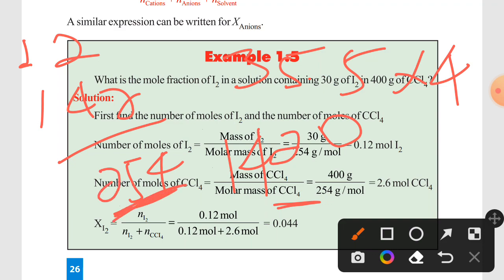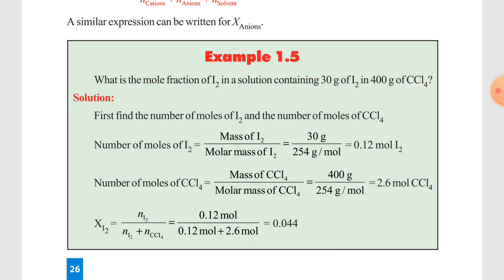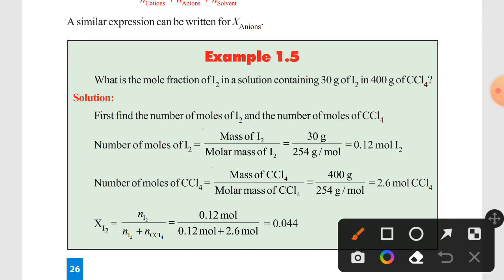So this 400 gives us 2.6 moles of CCl4. So x of iodine: when we look for x of iodine, it is equal to the number of moles of iodine, which is 0.12, over 0.12 plus 2.6, which we add together in the denominator. So what did we get? We got 0.044. This is the number of moles